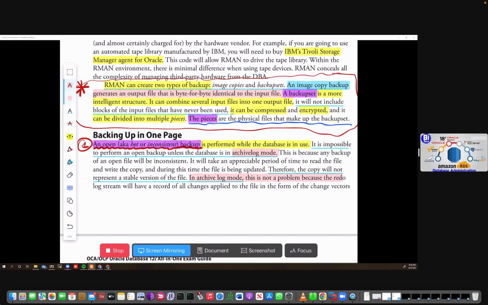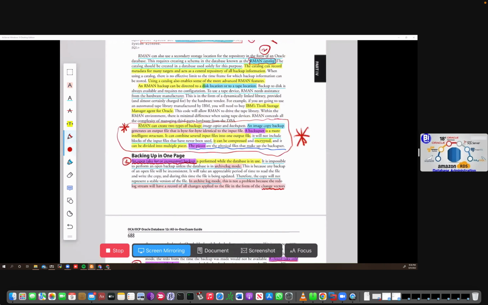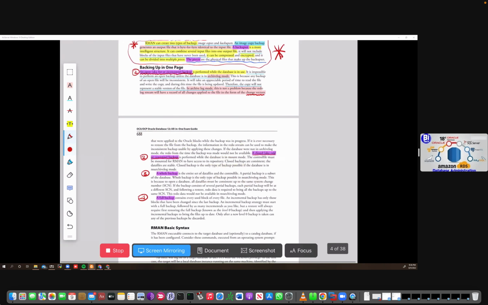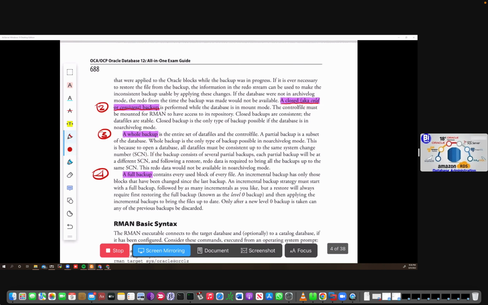Because the redo log stream will have a record of all changes applied to the file in the form of changed vectors. Guys, take note of that, change vectors. Let's go to the next section. And those change vectors, they say that are applied to the Oracle block while the backup is in progress. If it is ever necessary to restore the file from the backup, the information in the redo log stream